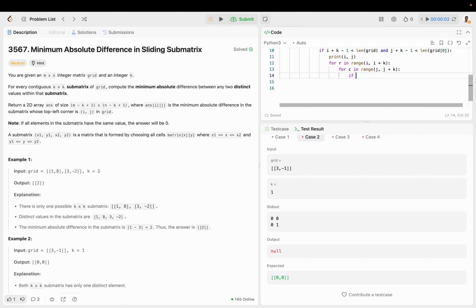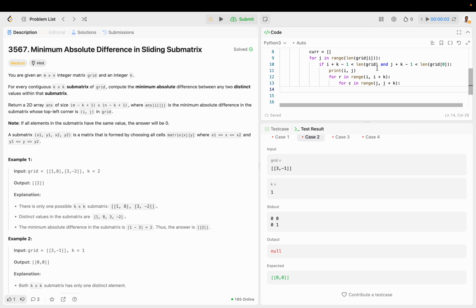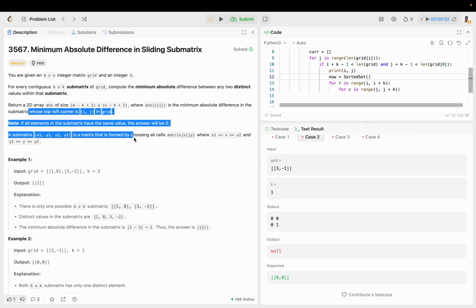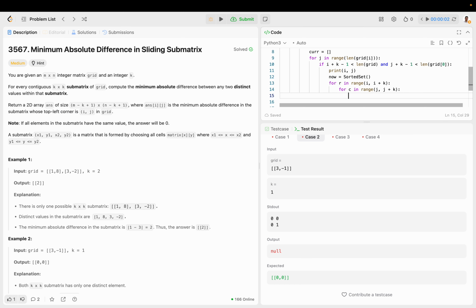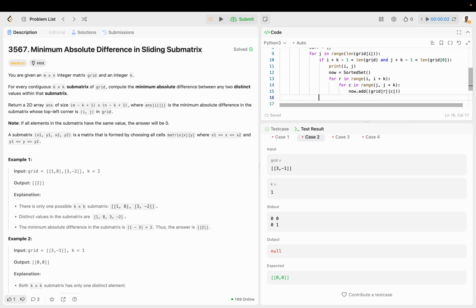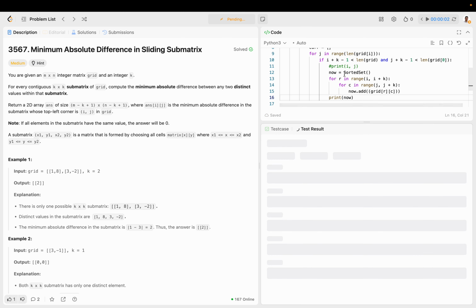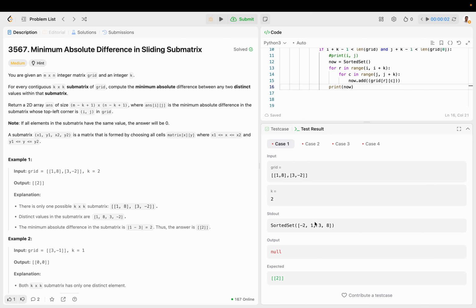So now we can just say we have a sorted set because we only care about the distinct values. So then you can say now.add grid of row column, and at the end we can just print now. So it's only going to be true if there is a good submatrix. Okay, so now we just have to take,